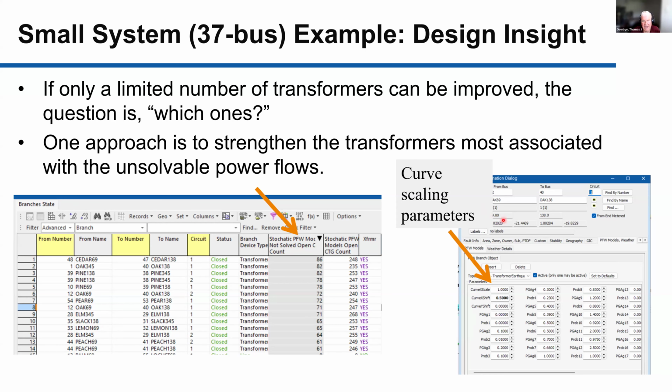And to make it easy to model strengthening of a transformer, you could either go through and change your piecewise linear fragility curve. Essentially, you'd be pushing the curve further to the right and further down, or we've actually added some scale parameters that make it easy, for testing and design purposes, to just shift the curve. Here, I'm just shifting the curve over to the right by a PGA of 0.5, so it makes it more